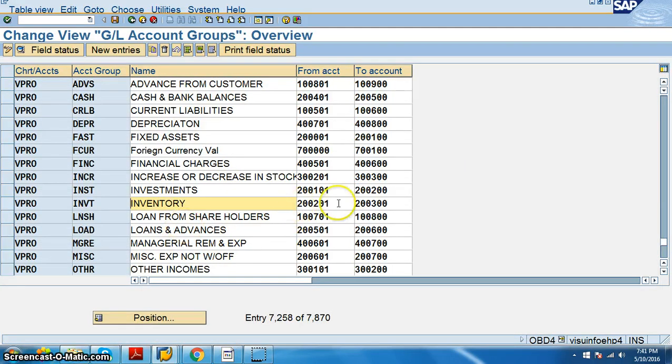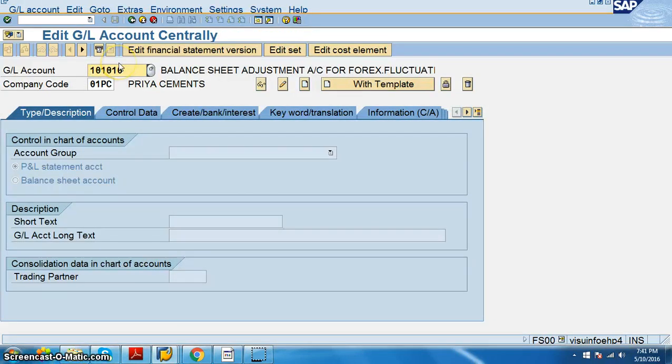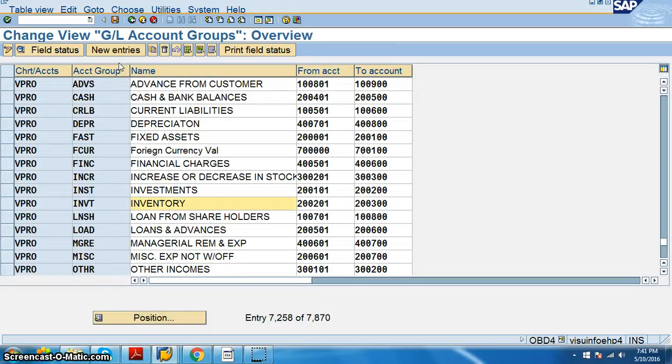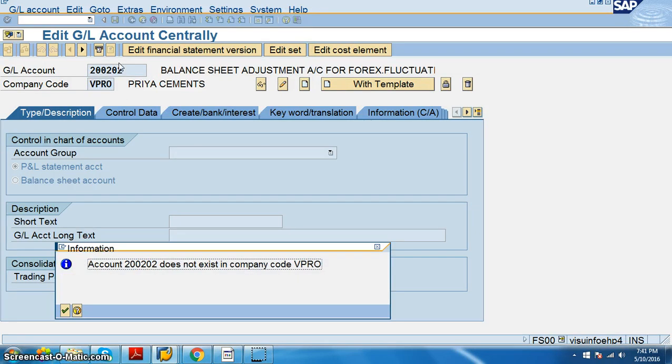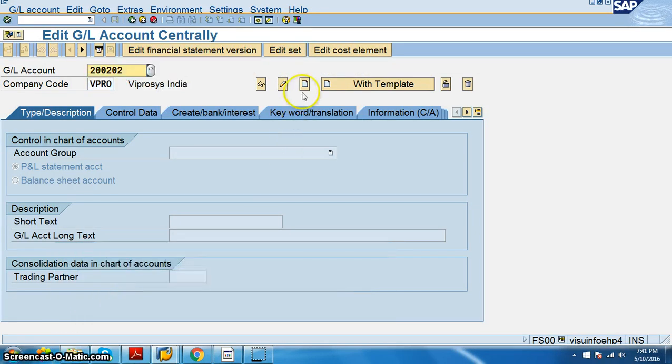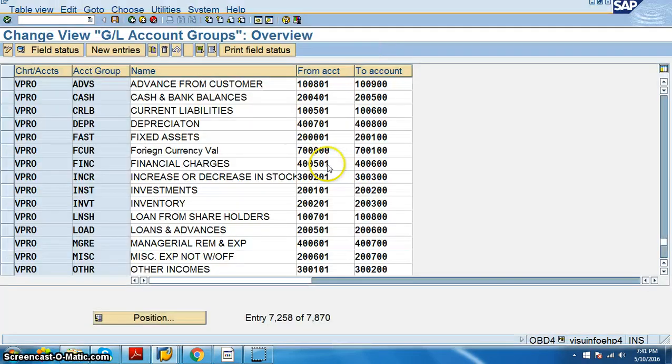So the range is 200,201 to 200,300. So 200,202. This one is VTRO. Does not exist. Yes. Create, and in this we have balance sheet account, and in this we are going to